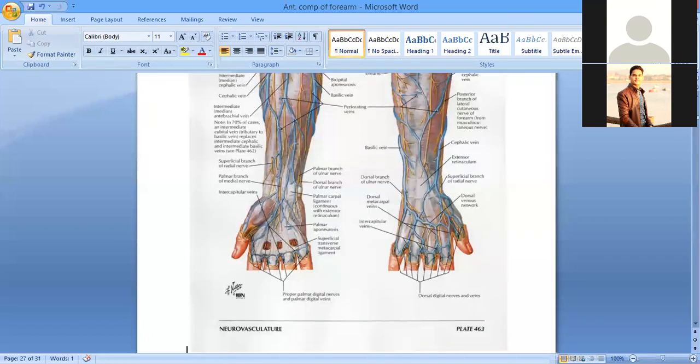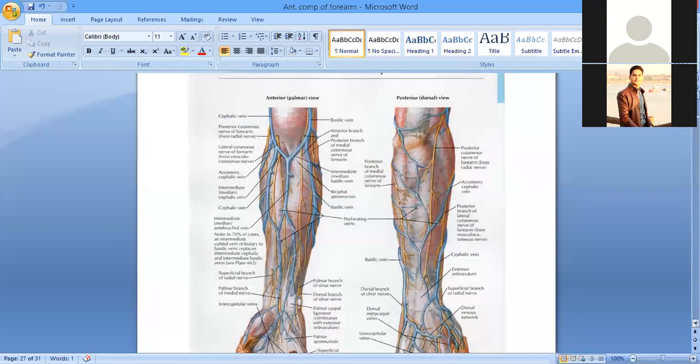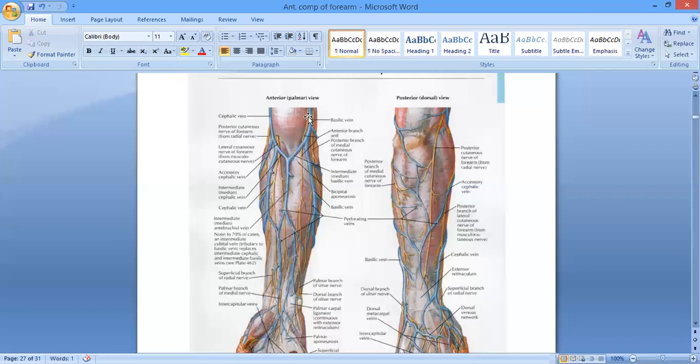you can see, after being superficial it is going to again divide into two branches here. This one, the anterior branch, and the dorsal branch. The medial cutaneous nerve of the forearm, given by the medial cord of the brachial plexus, runs on the medial aspect of the brachial artery, and near the mid of the arm it pierces the deep fascia and becomes superficial, and then divides into two branches, anterior and posterior.